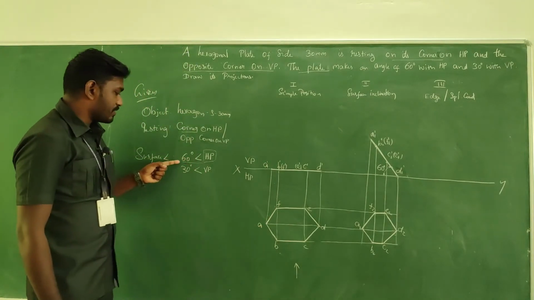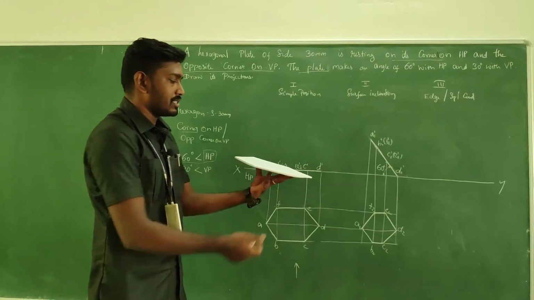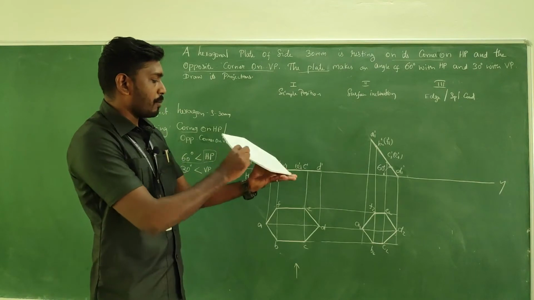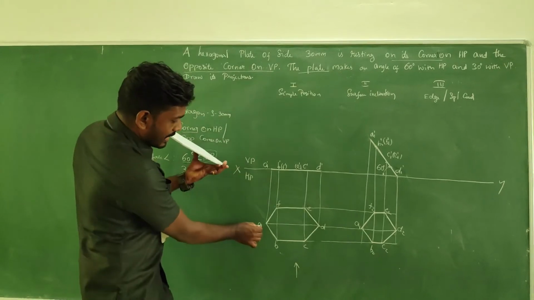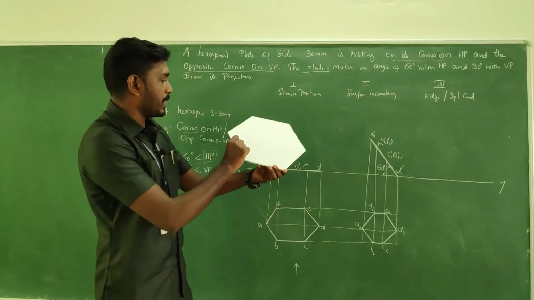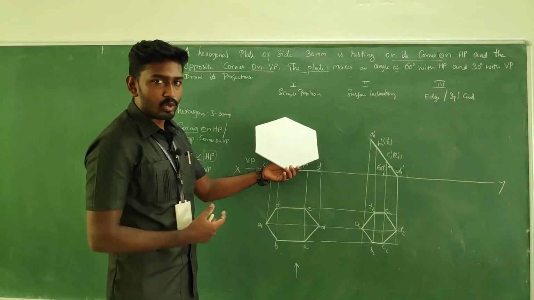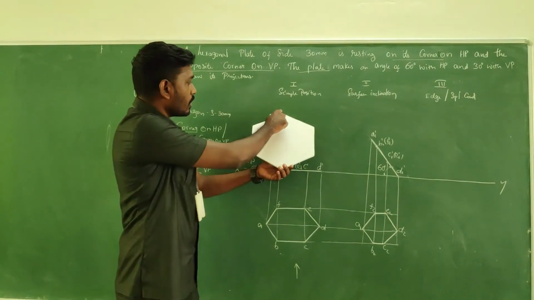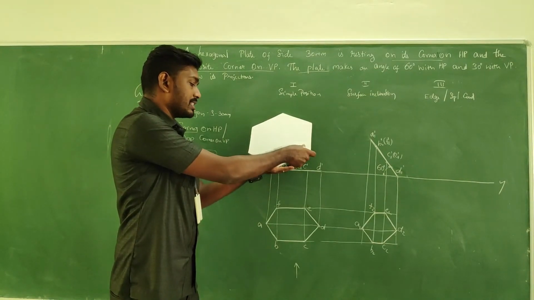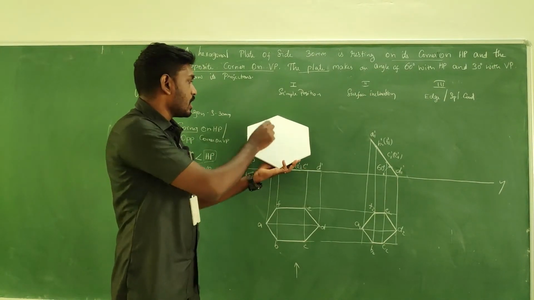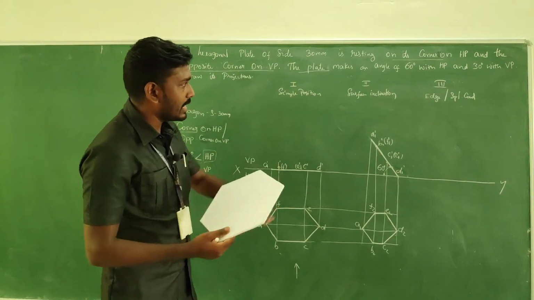I said the surface inclination, when you are keeping it like a ladder, what happens now? The observation is done something like this, am I right? And now the opposite corner, that means now the D is resting on HP. The opposite corner in the sense it's A. When you are keeping it on VP, naturally this inclination will be obtained. So what we have to do is keep the A on VP. That is our task now. The inclination doesn't matter, in a natural manner you will get it. So our task is we need to keep the A on VP. That's our task here in the third stage.